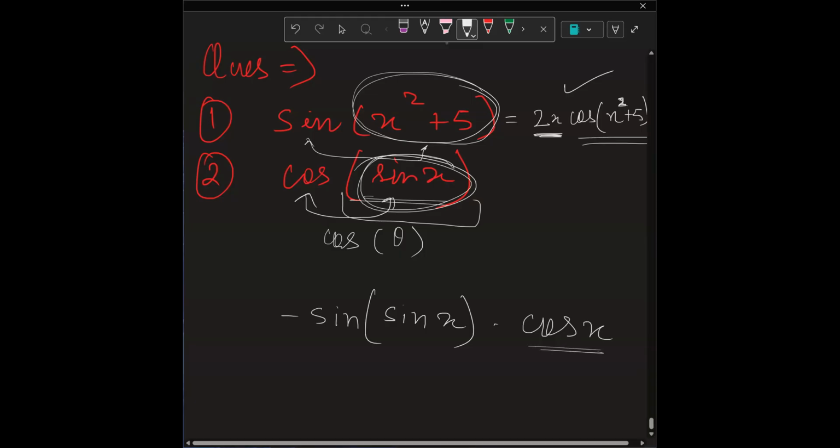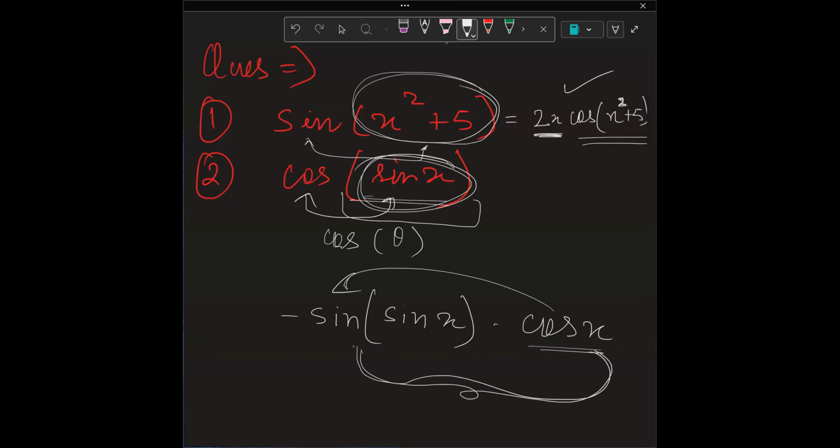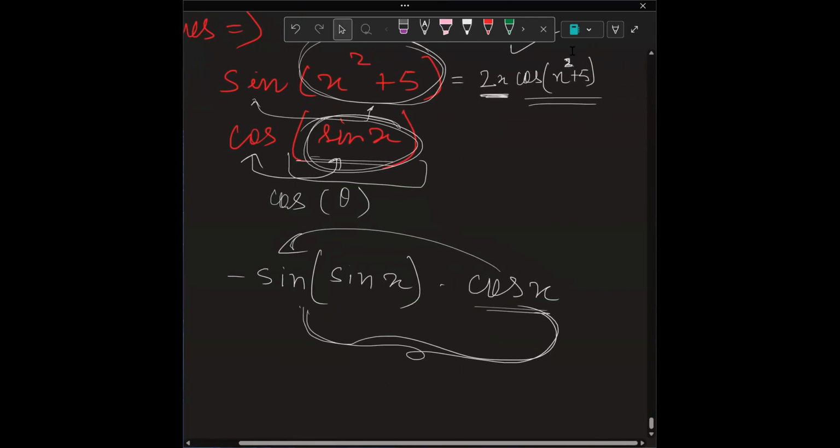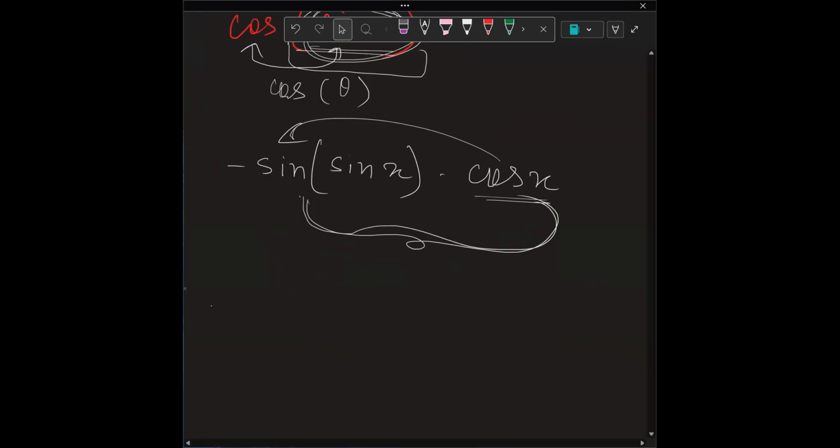And why I am writing this in the starting? Because you might not get confused by this thing. क्योंकि एग्जाम में कभी कभी हम इसको पूरे को थीटा मान लेते हैं, के हम क्वेश्चन गलत कर देंगे. दैट्स व्हाई आई एम ऑलवेज टेकिंग दैट पार्ट इन द स्टार्टिंग. दैट्स व्हाई आई टुक 2x इन द स्टार्टिंग. नहीं तो अगर मैं 2x को वहां लिखता, दैट देन there might be confusion that x square plus 5 is getting multiplied with that 2x. ठीक है. सो ये चीज का ध्यान रखना है. जो आप चेन रूल से डिफरेंशिएशन निकाल रहे हो, दैट इज नॉट अ पार्ट ऑफ थीटा, दैट इज अ डिफरेंट पार्ट, इंडिपेंडेंट वन. सो इसका आंसर आएगा